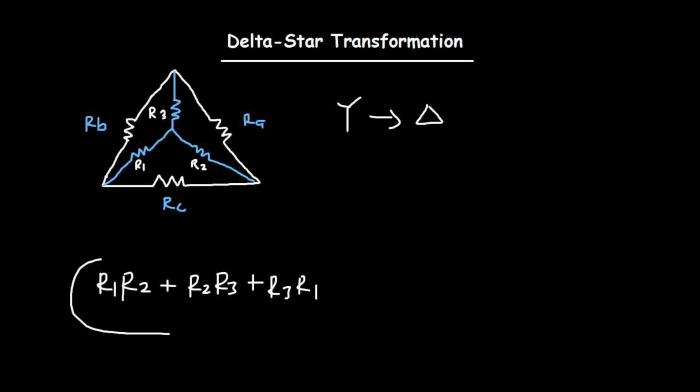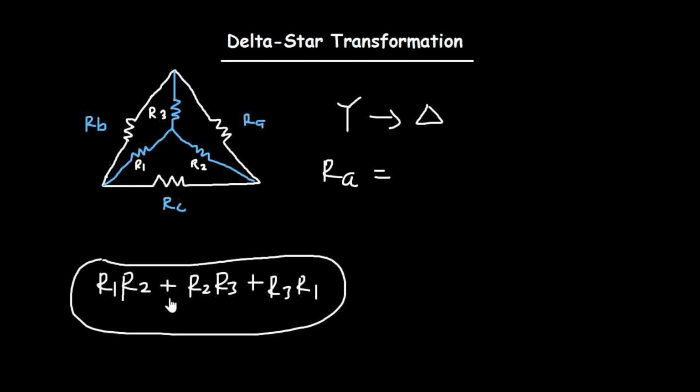I'm going to use this sum in all the formulas that we are going to use for the star to delta transformation. So let's look at that. To calculate RA, RA will be equal to this sum that we have derived here. That will be equal to R1 multiplying R2, plus R2 multiplying